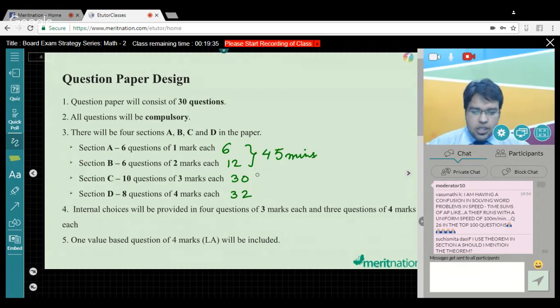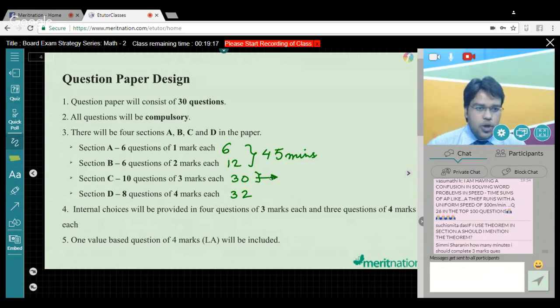Secondly, coming to section C. For section C, this is the most vital, most important one. This is where an average student with average preparation will actually go beyond, will actually maximize their score. This is where you tend to make mistakes. Silly mistakes also happen mostly in section C. You did not see a "not", you did not see an "or", right? So make sure that you are very attentive while doing section C, because that's where the actual examination starts.